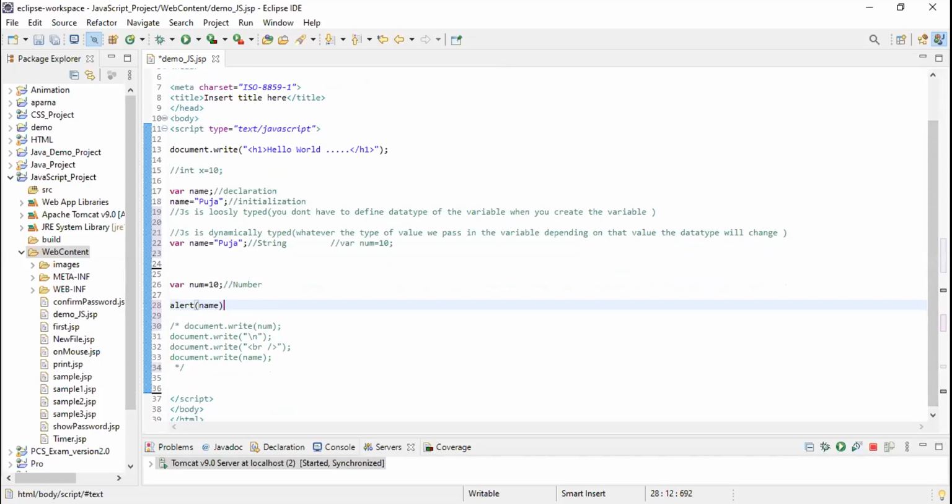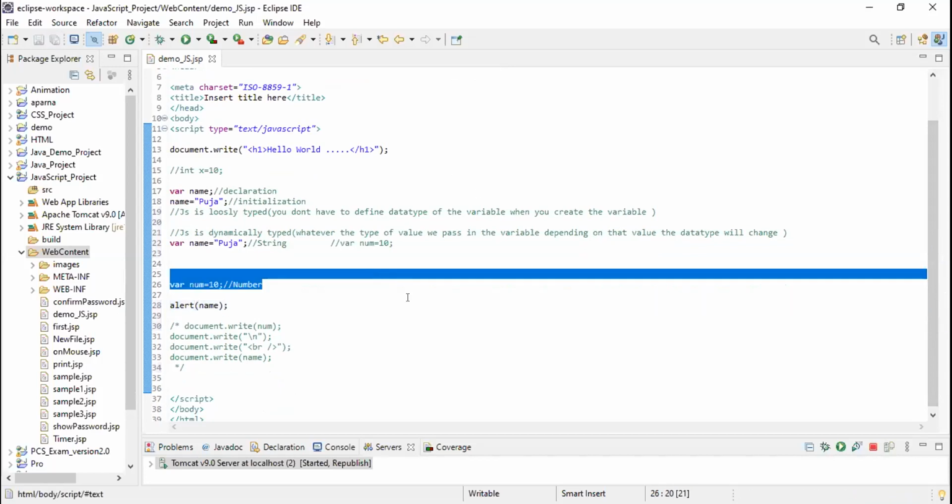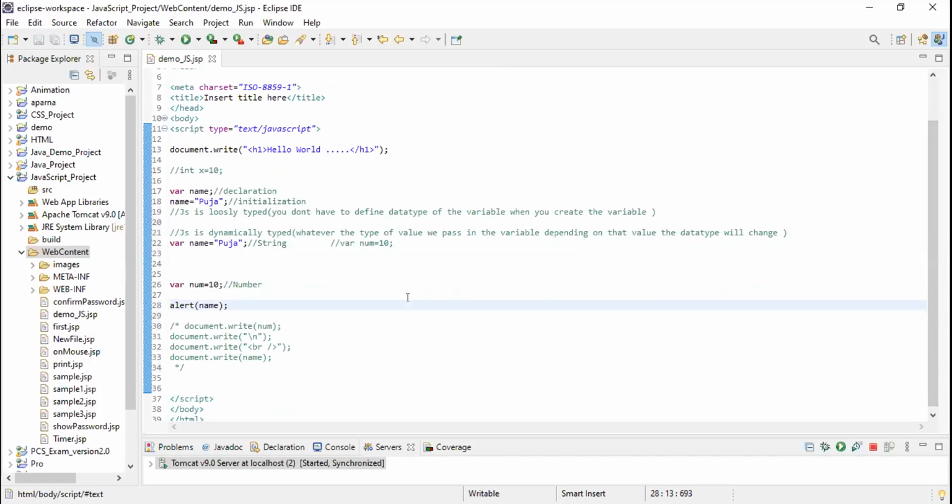All of you write it down. Alert. All of you know what is alert? How is alert working? Anyone? Ma'am, alert is giving some warning message, ma'am, as a pop-up on the screen. Is it a trigger?